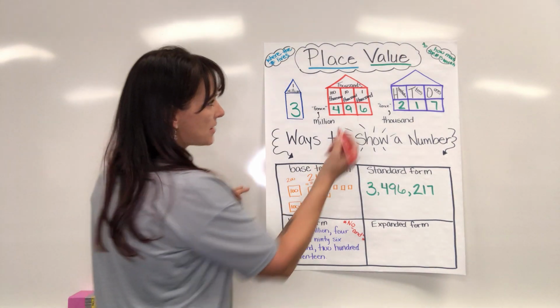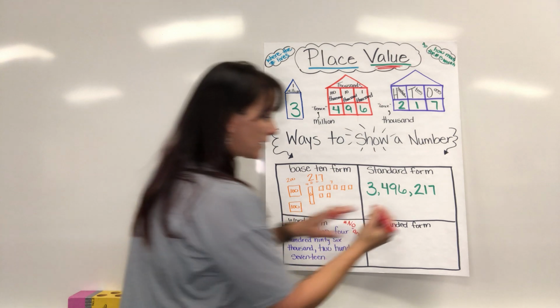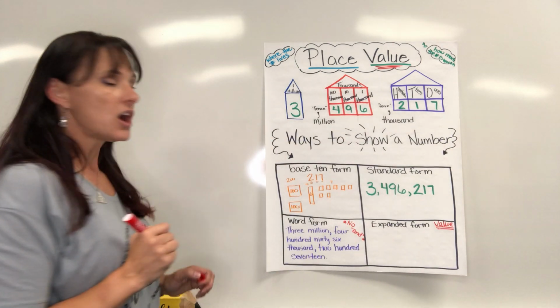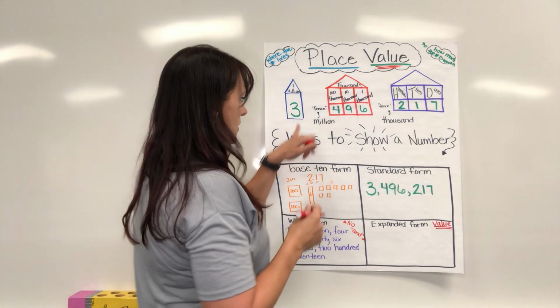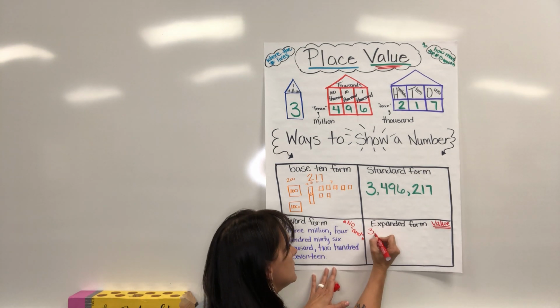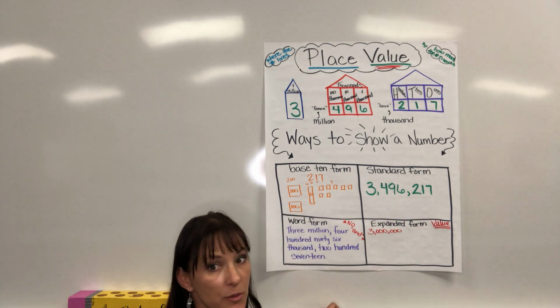Okay, so we're gonna come up here, value, that's really gonna come into expanded form. You need to make sure you show that number's value. So I'm gonna start with 3 million. Okay, 3 million